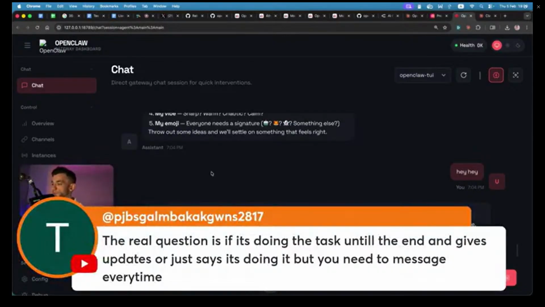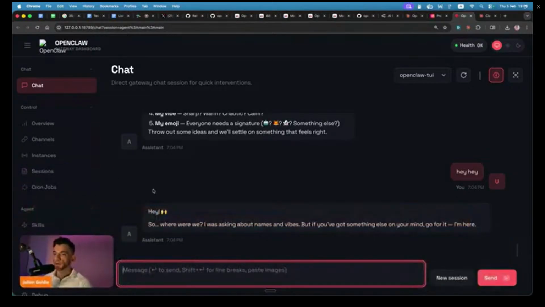And PJ says the real question is if it's doing the task until the end, it gives updates, or just says it's doing it, but you need to message it every time. So that depends on the way that you set it up. I would say the skill of OpenClaw comes down to the skill of the user. The better you understand this technology, which comes from practice and reps, the better quality outputs you get from it,